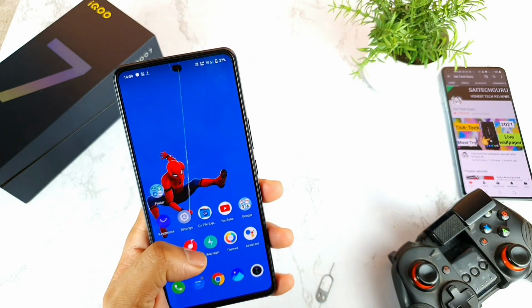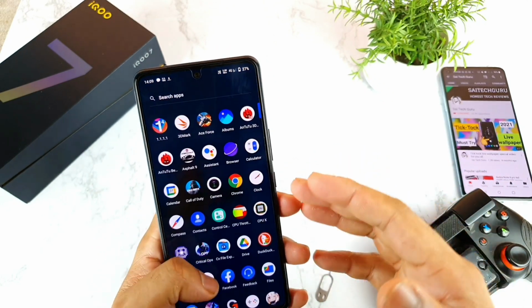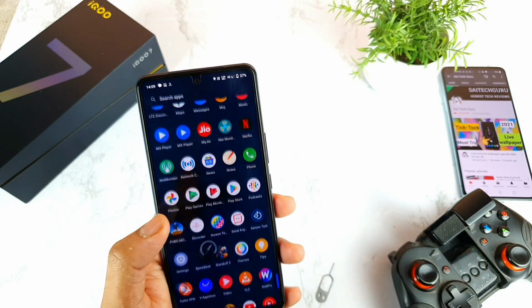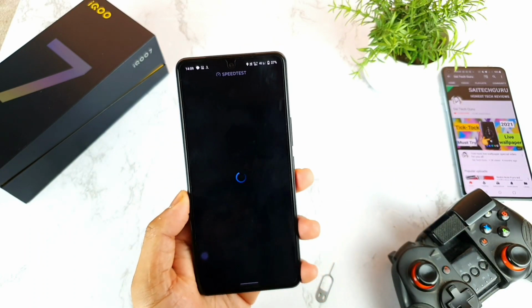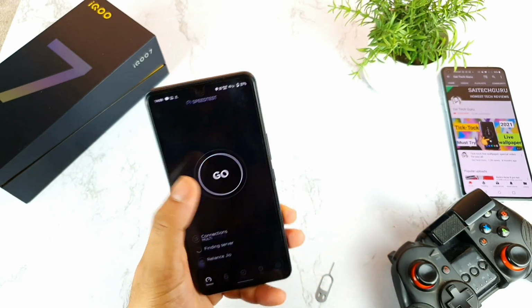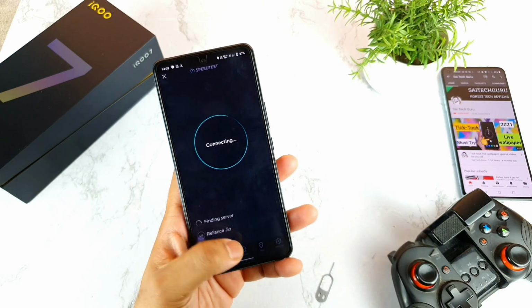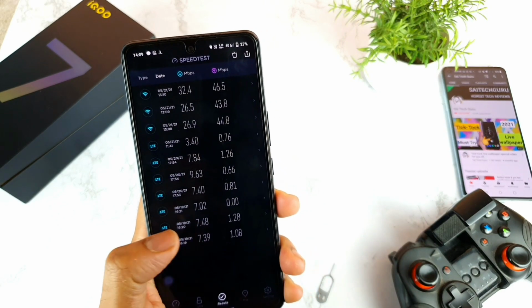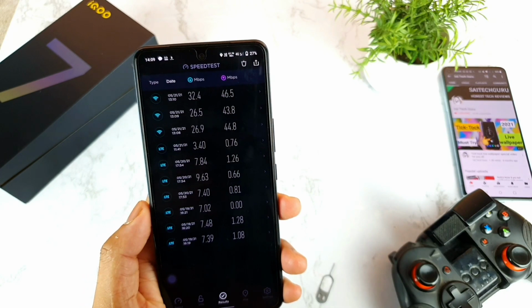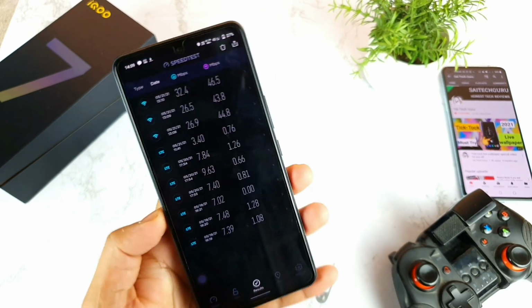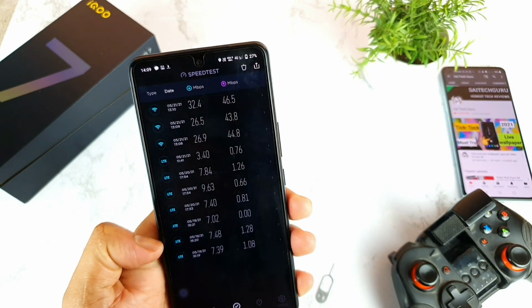Let me use the speed test to see what speeds I'm getting right now. Let's see whether the network improved or not. Previously, whenever I did the test in this phone using the same SIM card, I would get only 7, 7, 9, that's it, not more than that. Above is with the Wi-Fi, and this is all the 4G data, as you can see, friends.